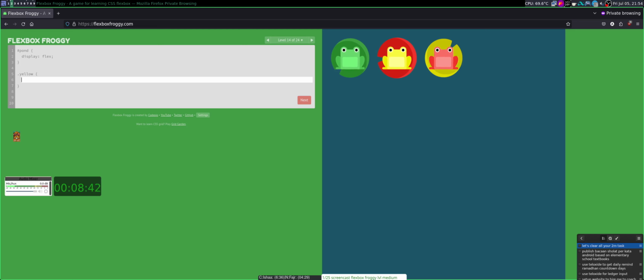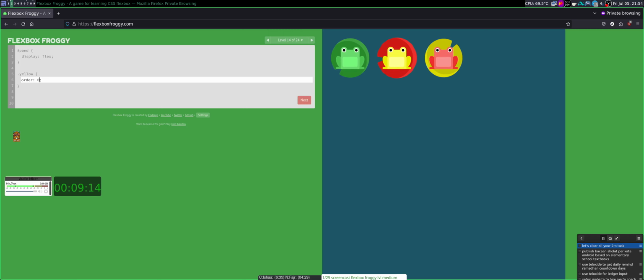Okay, this is specifically aiming for the yellow. The order appearing is green, yellow, and red, but this one wants the yellow only at the last. So there is order, the default is 0. If I'm using -1, it will move to the left, and if I'm using 1, it will move to the right.